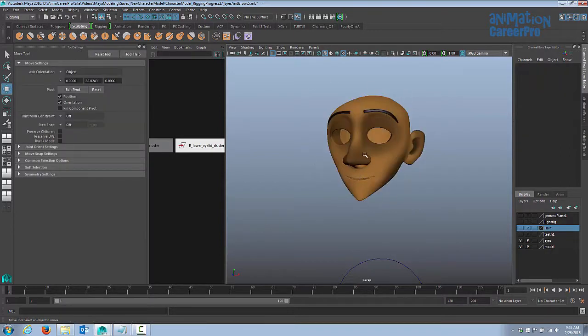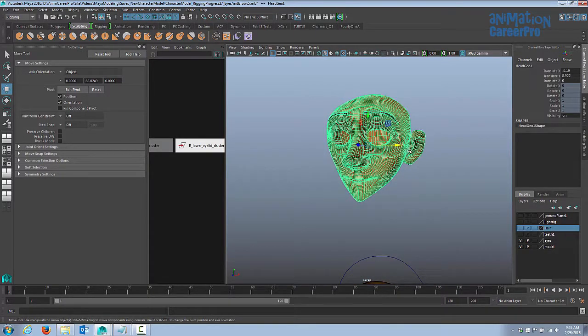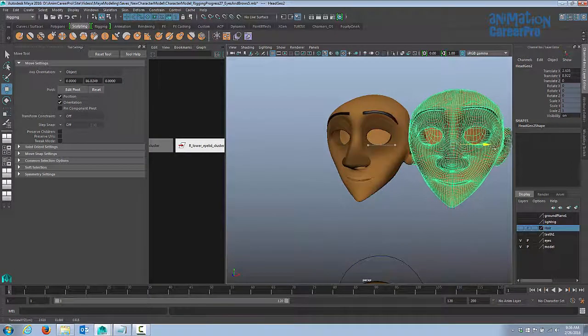Before you even start creating blend shapes, you want to make sure that you always have this original model to work with. I'm going to make all my copies first and just set this to the side, and we're not even going to use this one. This one's just going to be an original copy that we can duplicate to make new blend shapes in the future. So I'm going to hold Control down and press D on my keyboard to make a duplicate.